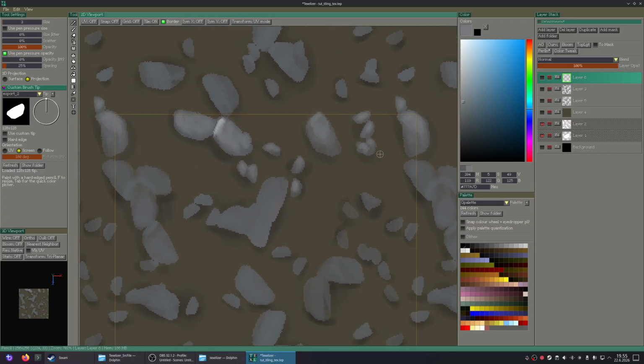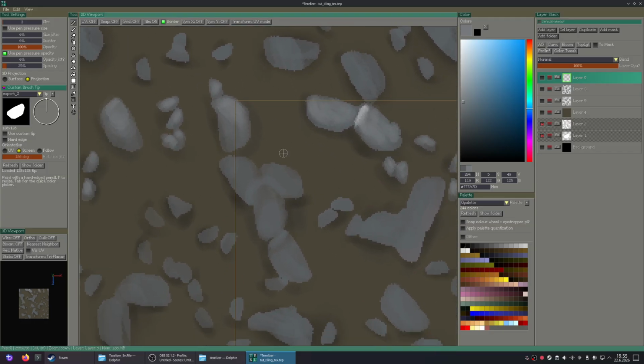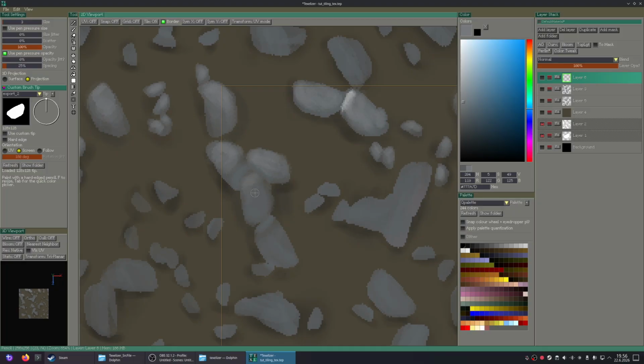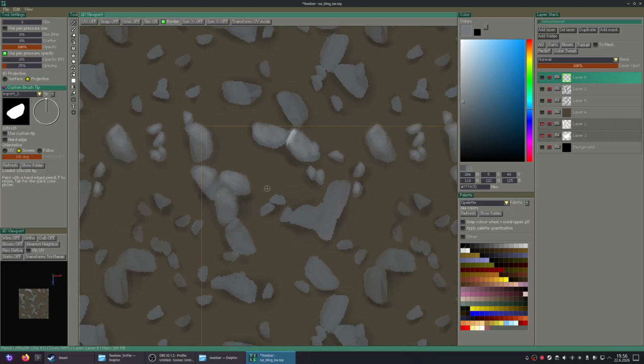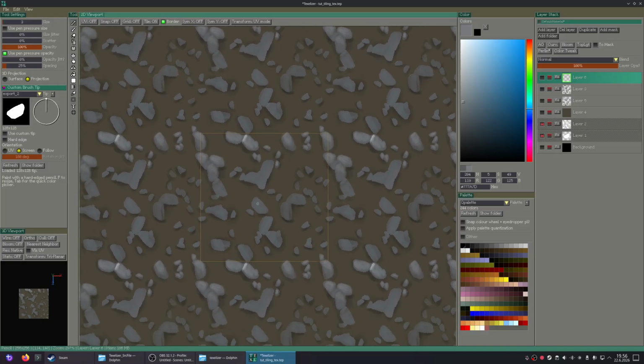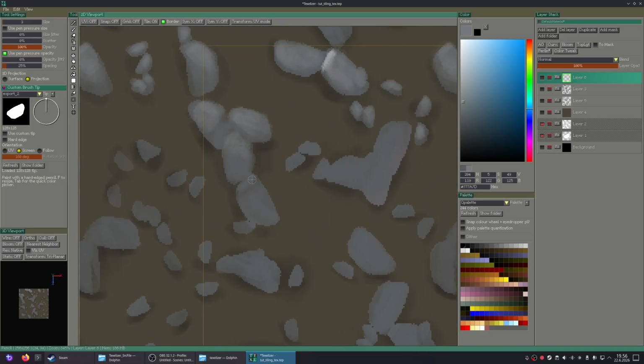Okay, I should probably try to establish some kind of rule where the light is coming from, because these are looking a bit too flat right now. So what if the light could be coming from like the top? Maybe.